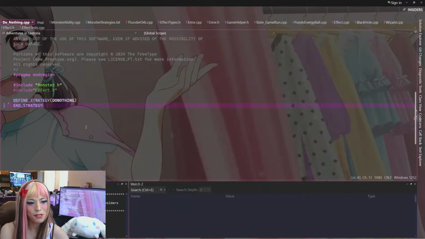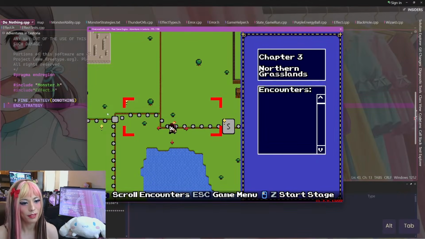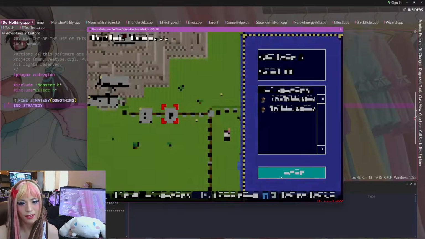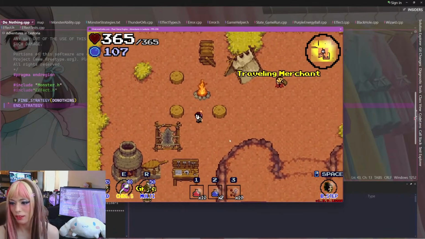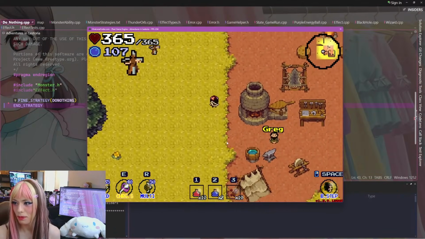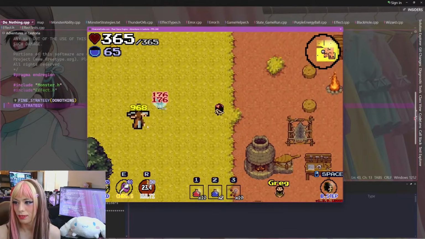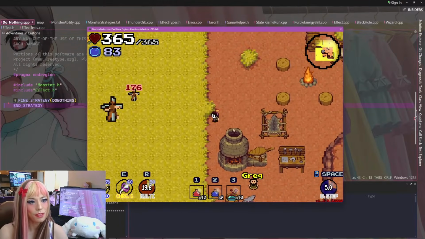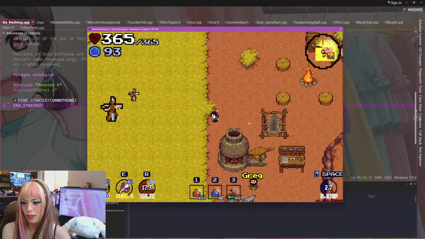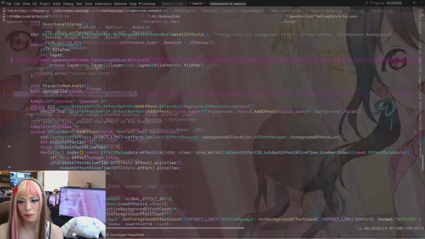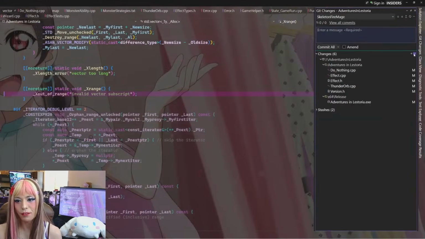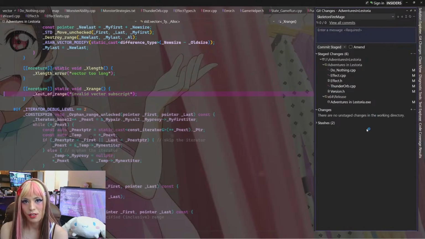Let me go back to the base real quick and see if I can make the game crash. Why can't I go this way? Oh, that was intended. Okay. I feel like I should fix that later, but yes. Looks good. I'm happy with this. Cool. So, everything still works as intended. Better. Alright, cool. I'm happy to go ahead and commit this now, and finally move on to more Chapter 4